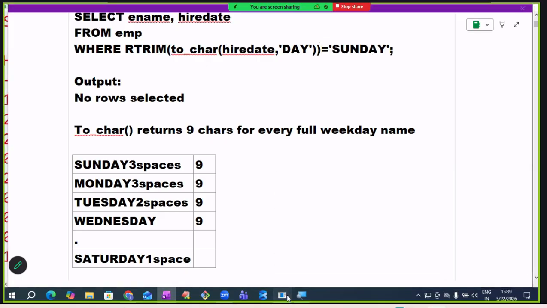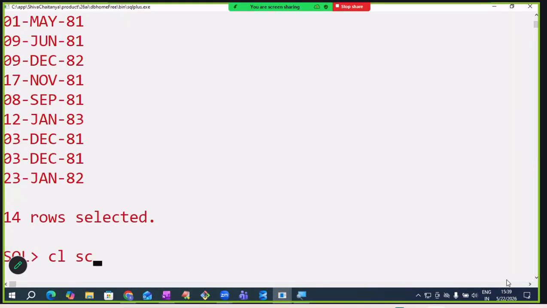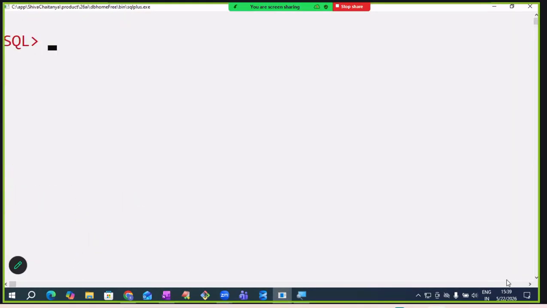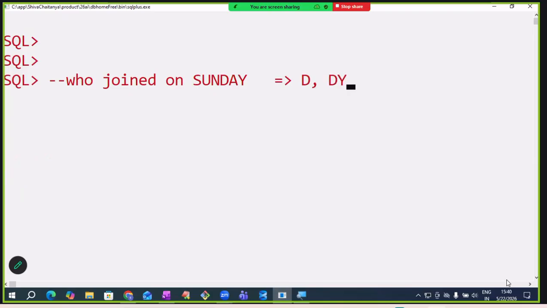That's it. So these only I'm showing now. Observe. Who joined on Sunday we want. So I want to use D format, next DY format, next day format. 3 formats I use. And we want to get 2 columns, ename and hire date. Observe there: select ename comma hire date